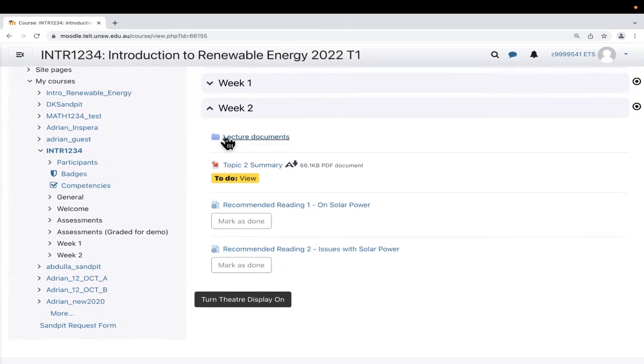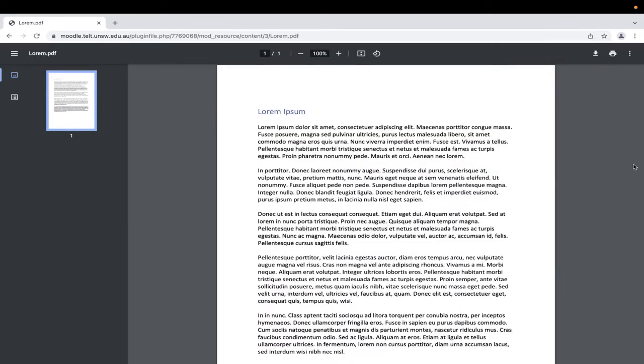So in addition to folders, we're going to see things such as PDF documents and pages. So a PDF document is as you expect. It's just a link that opens up a PDF file. So if I click on it, it will open up this document that we can read. And the one thing to know about these PDF files is that sometimes they do open up in this unique PDF viewer over here. This viewer does let you download the file on the top right by clicking this download button.